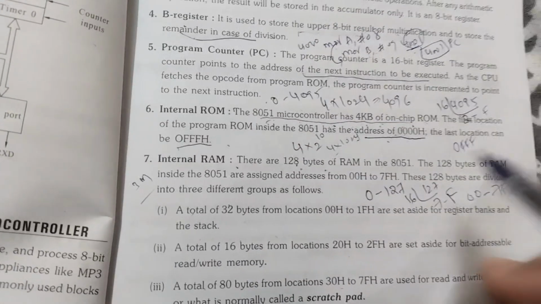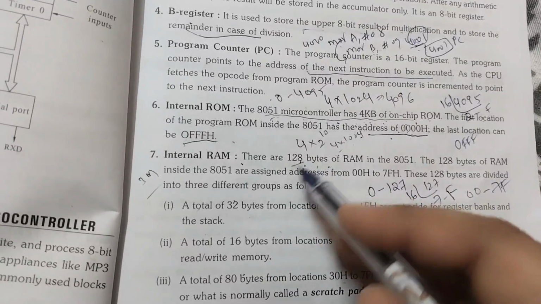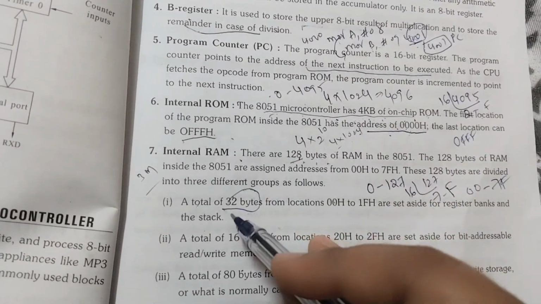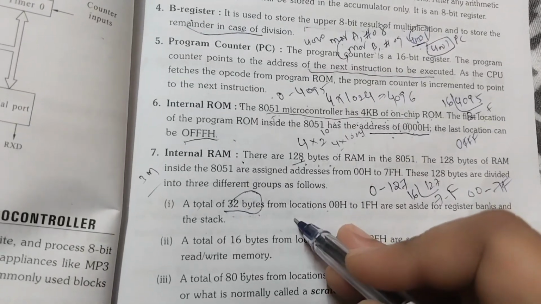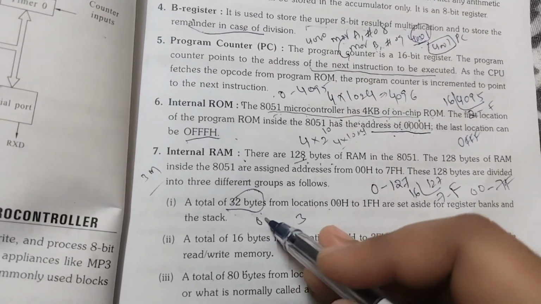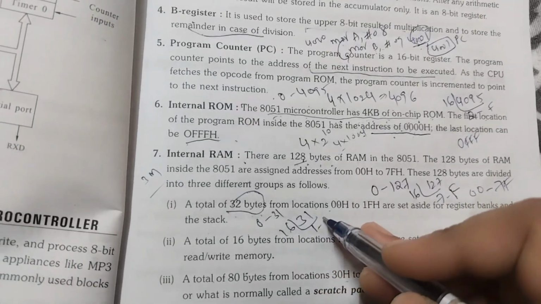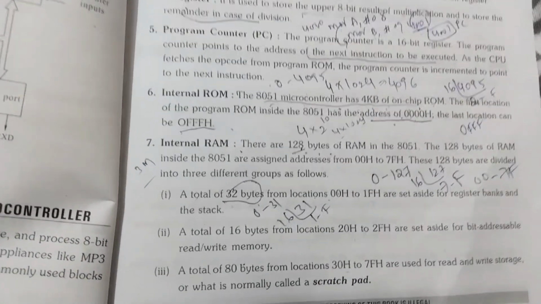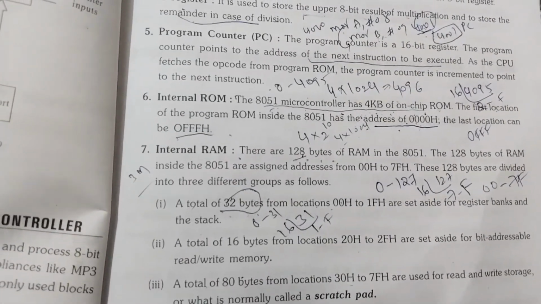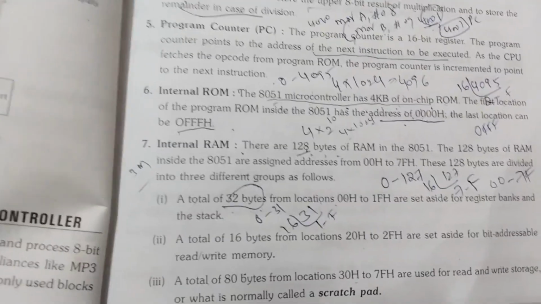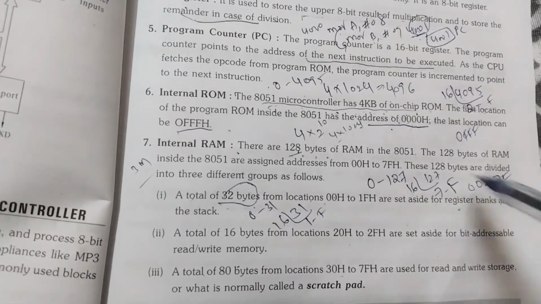Now, this 128 bytes is classified into 3 different types. The first one: out of 128, we use the first 32 bytes, whose location is from 00 to 1F. How do we get this 1F? 32 means start from 0 and the end address will be 31. Divide by 16, and the remainder is 15, which means 1F. So 1F is the ending address and the starting address is 00. The first 32 bytes, 00 to 1F, are used for register banks